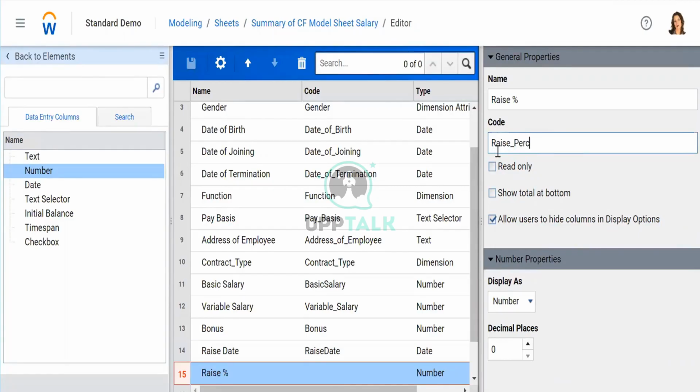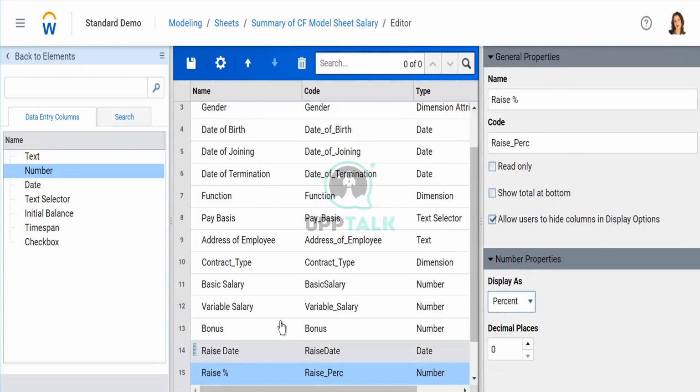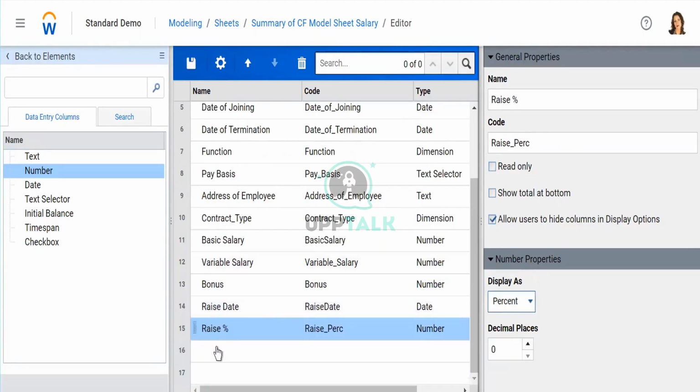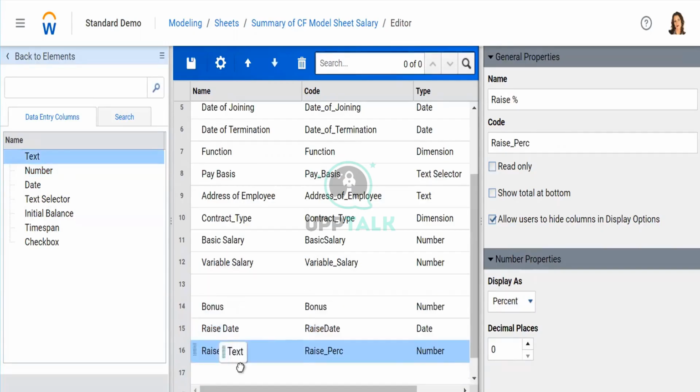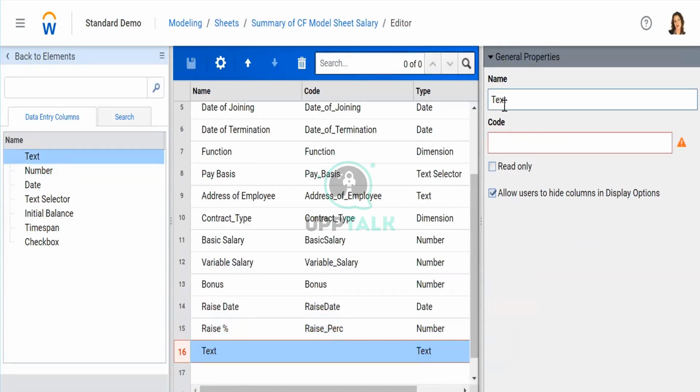You should always write something like this. If it is a percentage account, you should create something like underscore pct that symbolizes that this is a percentage thing. Here you will select percentage because this is a percentage account that you are capturing. In the end, you can simply write comment section for the end user to enter any comments.